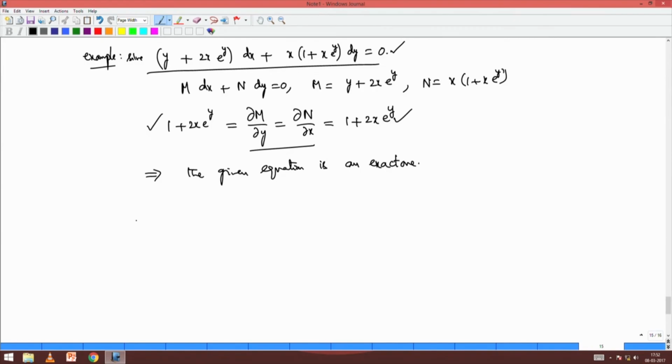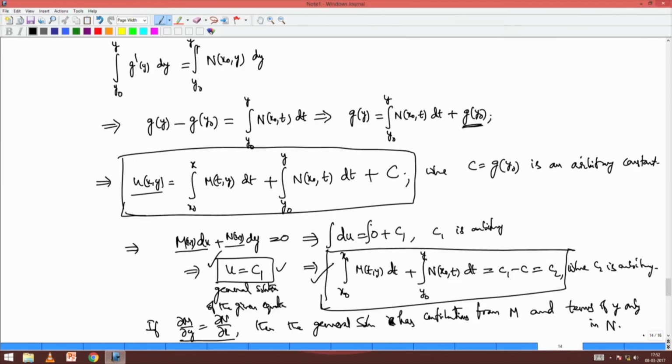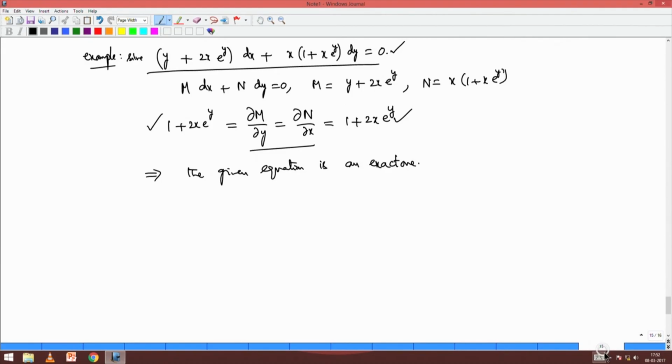So, if it is exact, you know how to get a general solution. We have seen it just now some time back. You simply take M and integrate with respect to x, you take N and integrate with respect to y by fixing x naught. Here you do not fix y naught. You add them, put equal to a constant, that is the general solution of that equation, if this condition is satisfied. So, the general solution of the given equation is